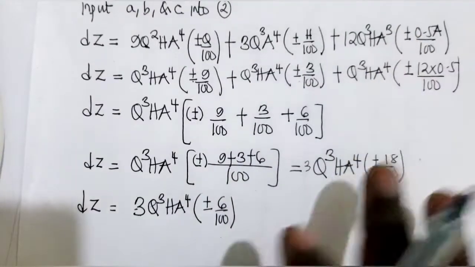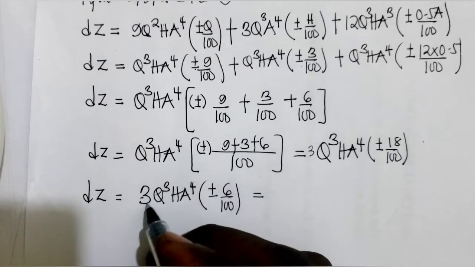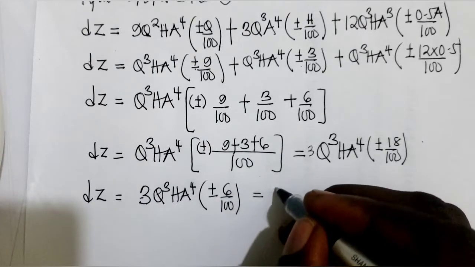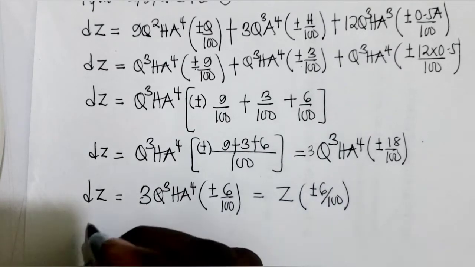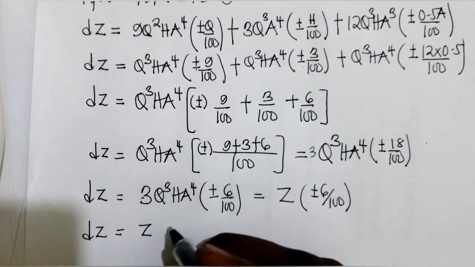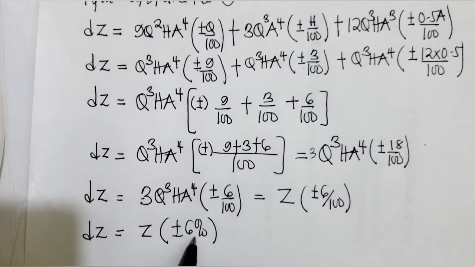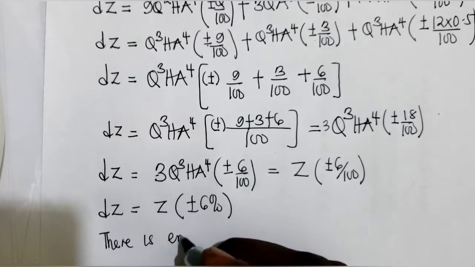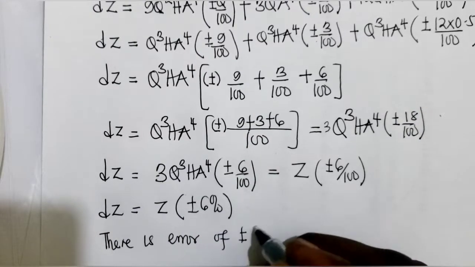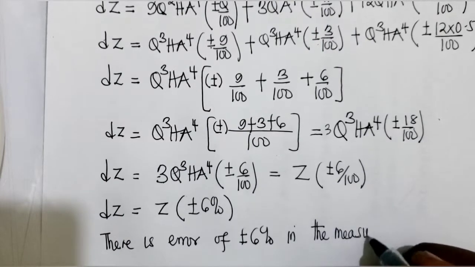And since I know now that this is the same thing as what? z. That is 3q³ h a⁴ is the same thing as z into bracket plus or minus 6 all over 100. Then I can say z is equal to z into bracket plus or minus 6%. So meaning that the error that occurs in z is 6%. So you comment and say there is an error of plus or minus 6% in the measured